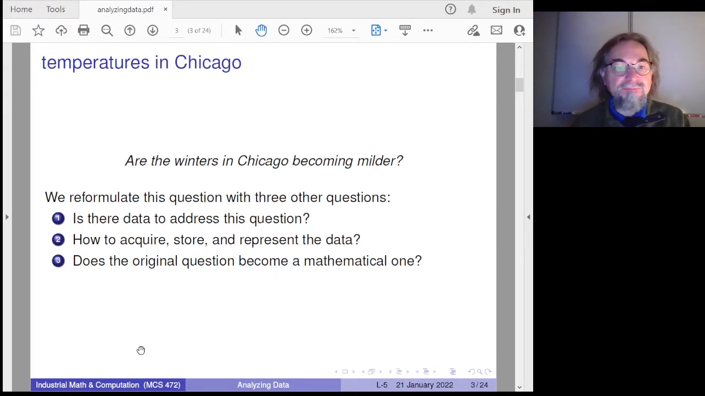Okay, if we have data, how do we acquire data? Where do we get it? How do we represent and store the data? That's a question that's not trivial. A lot of software often starts with that. Now, getting your data inside your computer is often already